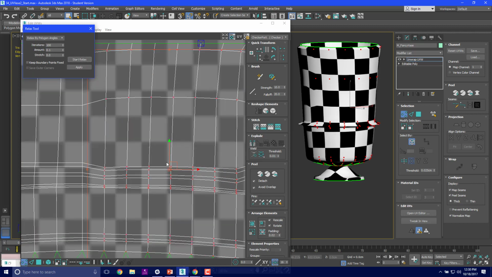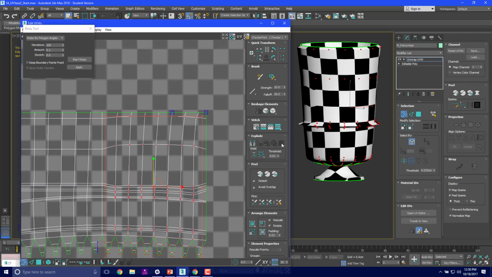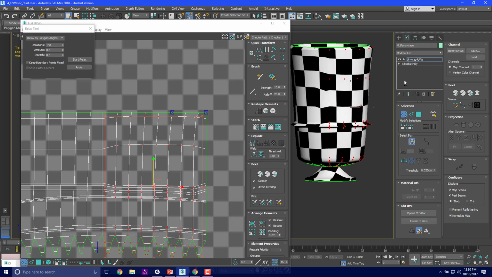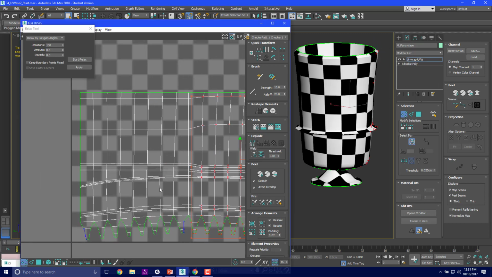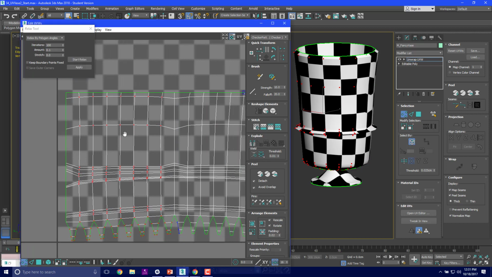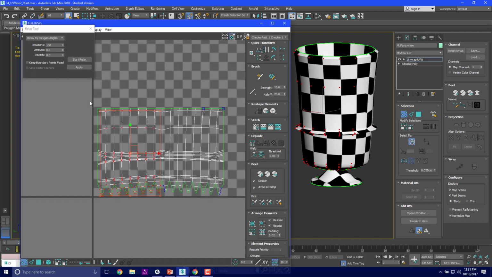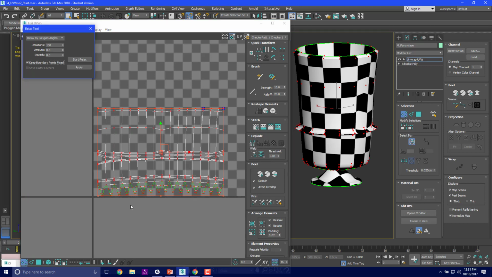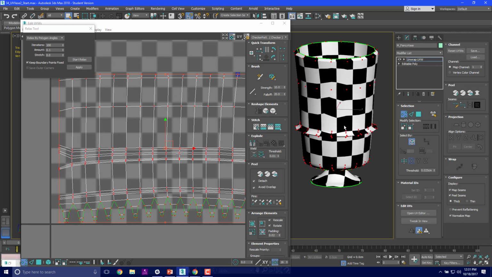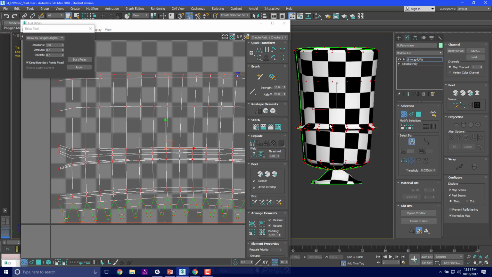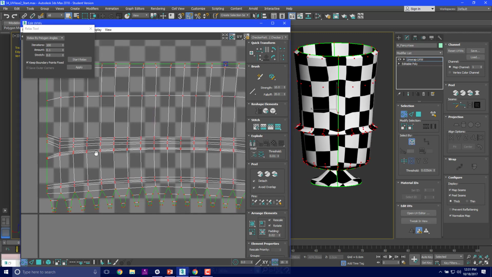Cool. And individual vertices will have to be adjusted, but you can see that this is much smoother than the other side. And we can keep on doing this until we've got enough of these verts comfortable. Now there's other ways to do this as well. We can grab the entire portion, keep boundary points fixed once we have this done, and then relax it that way. That also helps. But you can see we're getting distortion right at our seam here, and that comes from